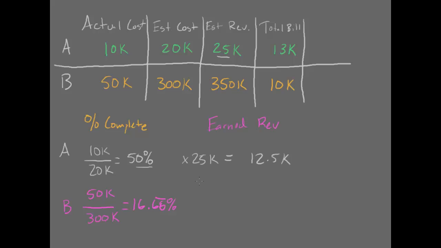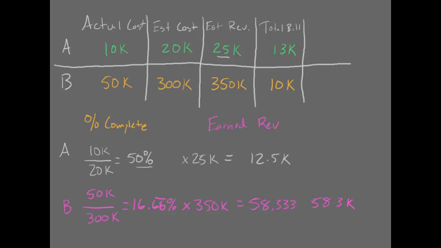Similarly, in project B, we're going to take our 16.66%, multiply it by our estimated revenue, $350,000, which is what we're going to bill for the house when it's completely done, and we're going to get our earned revenue of $58,333, which I will abbreviate to